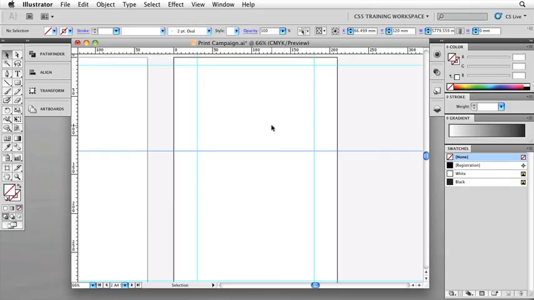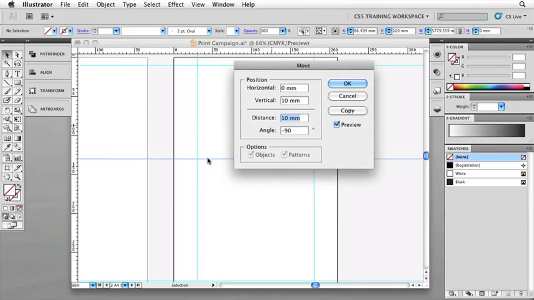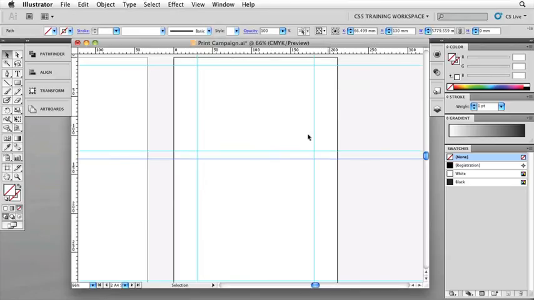Okay, so first thing we'll do, bring up that move dialog box again. We're going to do a vertical movement this time of exactly 10 millimeters. This is in the plus value, okay? And here's our preview. But what we're doing here is we don't want to move the original. We want to leave it where it was and do a new one 10 millimeters down, okay? This basically saves us the trouble of dragging a new one down and repositioning it. Select an existing one, say move 10 millimeters, but go ahead and click copy. That will leave the original where it is, drop another one 10 millimeters down,